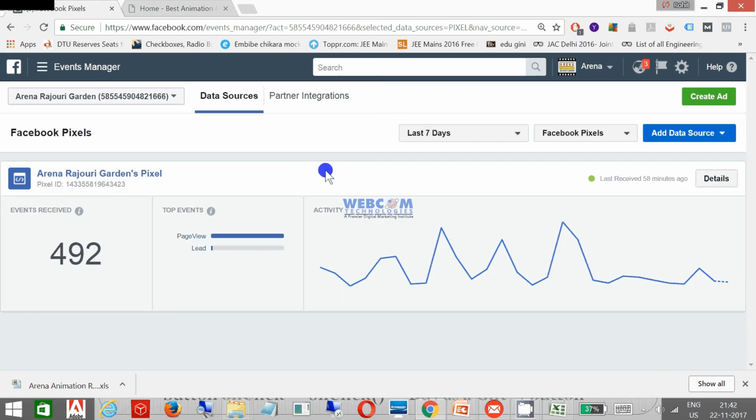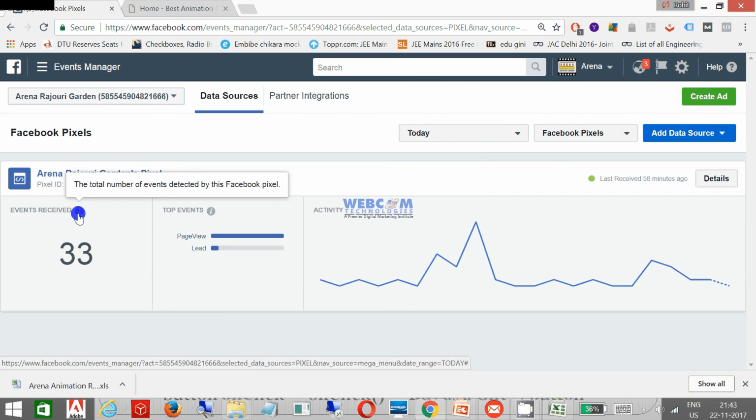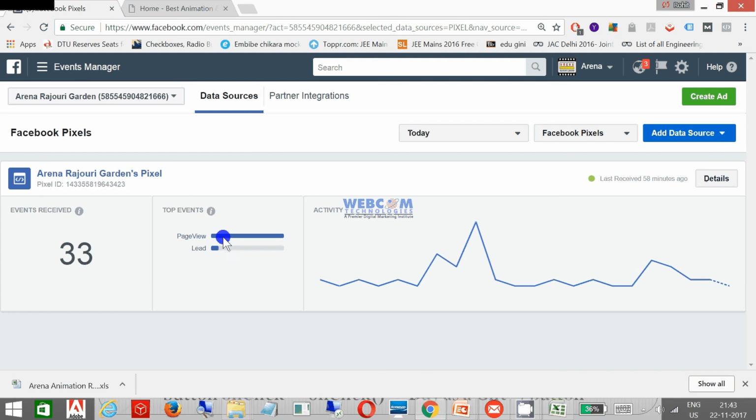Now as you can see, this pixel is tracking my events. The pixel is implemented and the pixel code is working very fine, and it is receiving 492 events in the last 7 days. If I want to track today's action, this is today's action: 33 events. The total number of events detected by Facebook is 33. In this, we have page views and leads. If you want to see how many leads and how many page views, you can go to details,